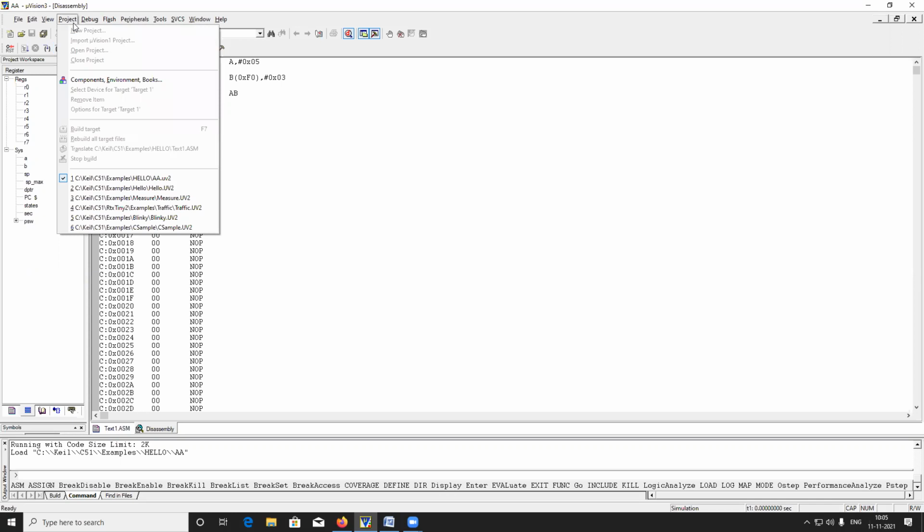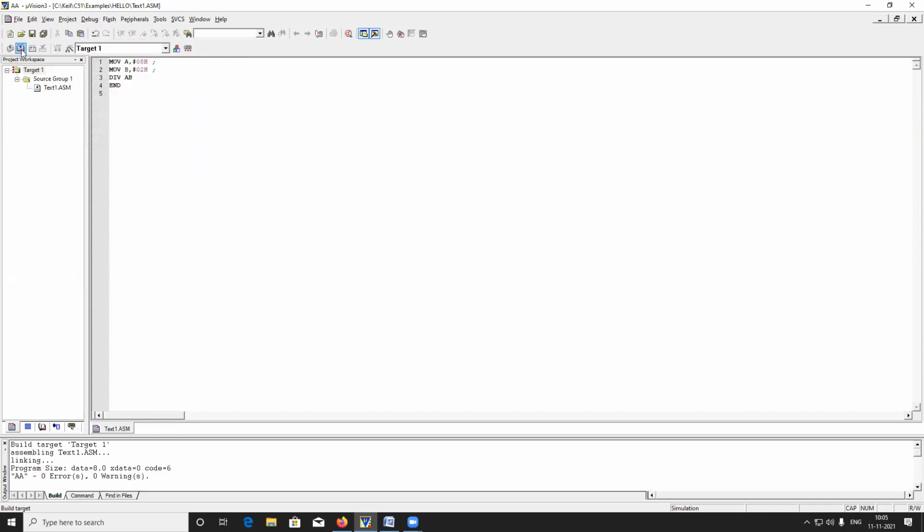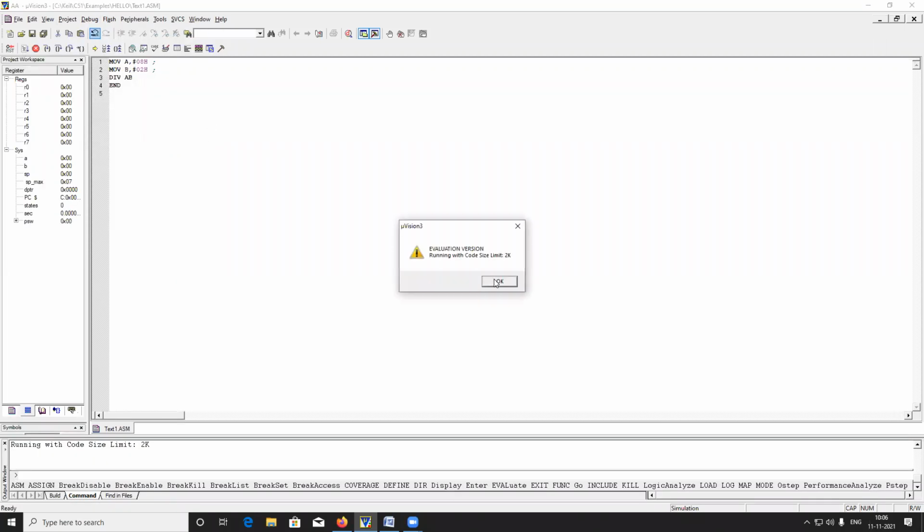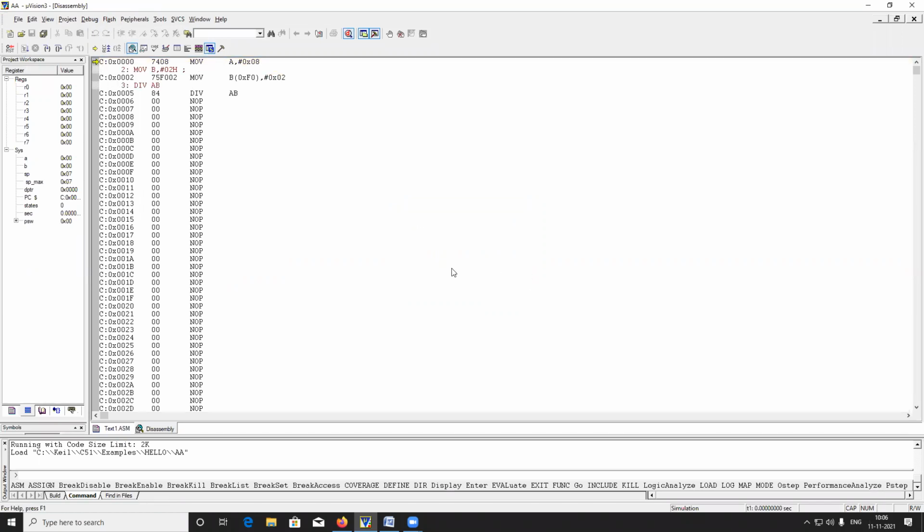So when you make changes, first build the program, then the whole changes will be made. Then go to the project, go to debug, and start and stop debug. Then you will get the answer 08 and 02 for DIV AB. You will get 08 here and 02 here after debugging. So see step by step execution: F11, 08, B 02, 02 into 4. So you will get the answer 4 and B is 0. So this is the programming of the